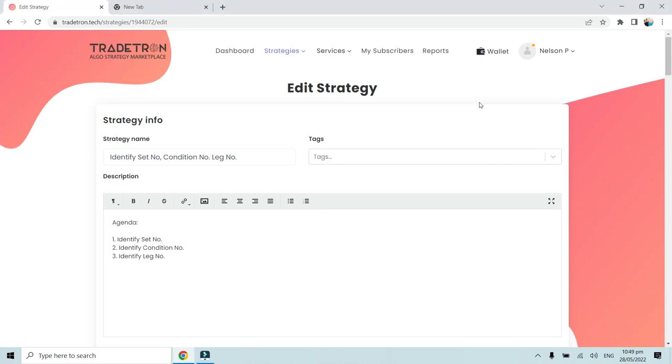Hello everyone. So in this video we are going to understand how to identify the set number, how to identify the condition number, and how to identify the leg number of a particular set or a repair once or the repair continuous section. Because many a times when we create a strategy, there are two keywords, primarily traded instrument and